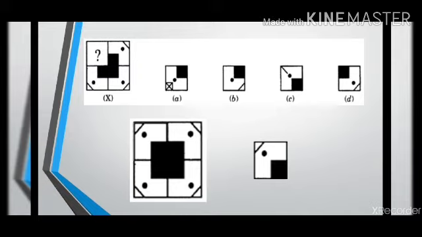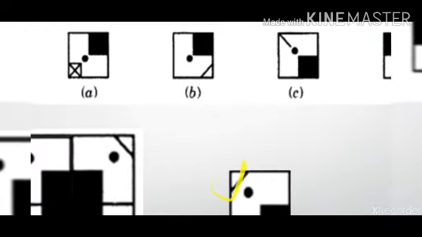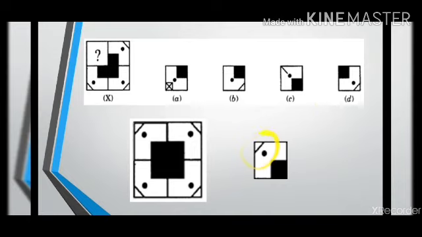Not exactly. In option C, a dark filled box is there in the right hand bottom corner, but as you can see, this pattern is not the same. This dot and line are not the same in option C. Therefore, you will have to make sure that each and every part of the question is being fulfilled. If you just look at the box that is there, you will mark option C, which is the wrong answer, because these dot and line are not following the pattern as per the figure X.